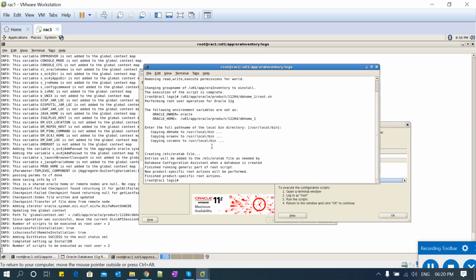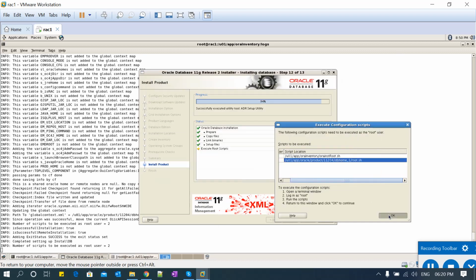I'm just entering it here. Okay, what it did: changing DB home or inventory to this local bin directory, and creating oratab entries, and the entry was added to the Oracle. So that basically creates an oratab entry, and then whenever you create any database, that entry will be added here. Okay, pretty clear.